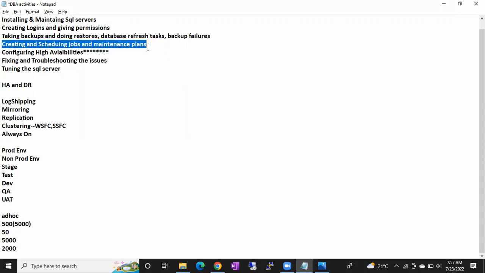Backup job will be scheduled. We'll schedule, okay, daily at night 2 o'clock this job has to run. So daily at night 2 o'clock that job will be invoked automatically, and it will take the backups on all the databases. It will run one query to take the backups, guys. It depends upon the query that we are giving. So we'll prepare a backup query. We'll schedule that query, okay, this query has to run on all the databases at 2 a.m. every day. So it will take the backup, guys. That is called jobs.